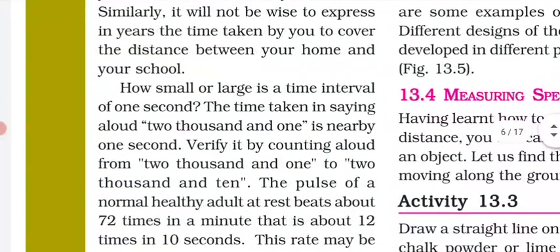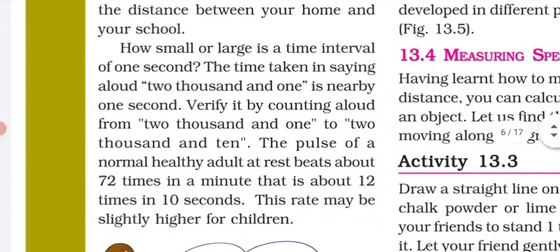Now, how small or large is the time interval of 1 second? The time taken to sing aloud 2001 is nearby 1 second. We can verify it by counting aloud from 2001 to 2010. That means if we continuously say 2001, 2002, 2003, 2004, it approximately takes